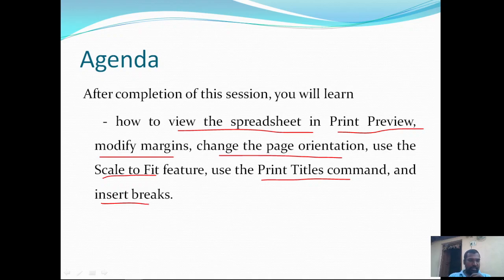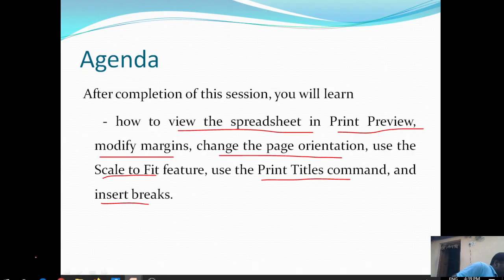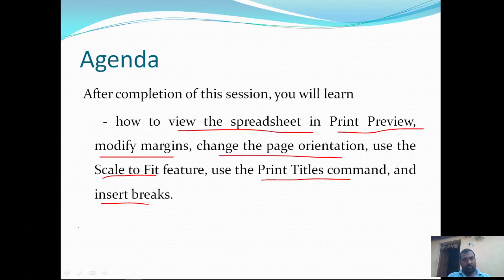So we are going to learn how to insert breaks and how to print titles. These are the agenda of today's session.